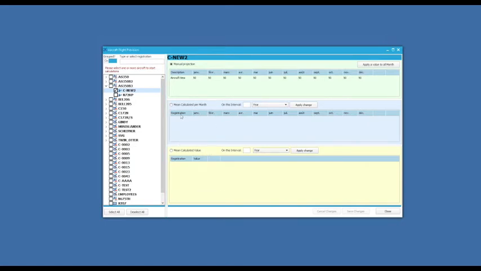The only difference is that in one you will calculate it for each month, and in the other you will have a general value, which will not be calculated month by month, but just based on the interval you choose here. As you can see on this aircraft, I put 50 flight hours. This is my provision, so this is how I think my aircraft will fly during the next months.